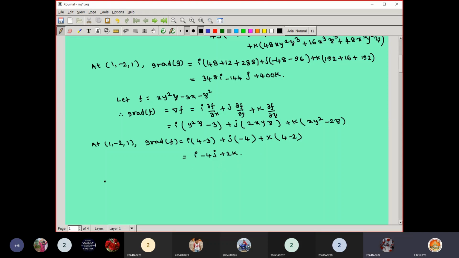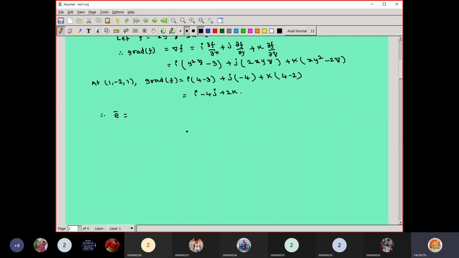Yes. So for this vector, now you are calculating the unit vector, which is denoted by e bar. What is the procedure to get your unit vector? Very simple. You write down that vector as it is, so it is i − 4j + 2k. Total it is divided by the square root of the sum of the squares of the coefficients, 1 + 16 + 4. So this is (i − 4j + 2k) divided by root 21. Right, it is over.